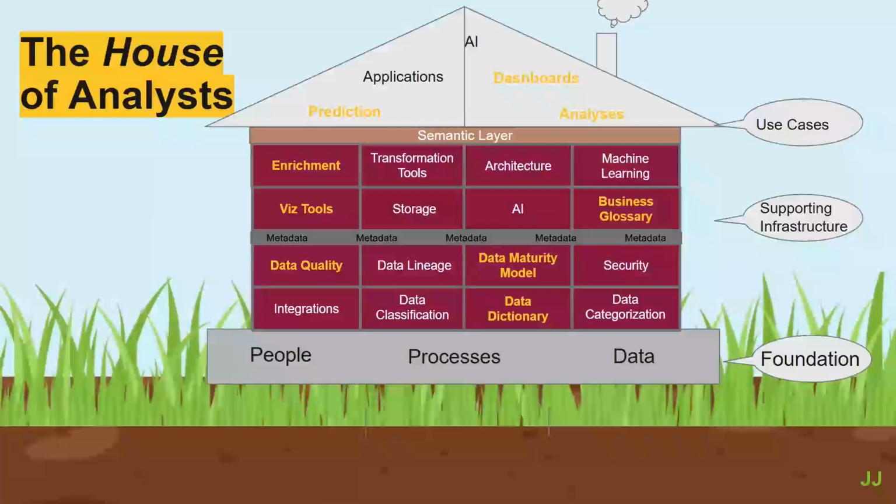So we're going to keep going back to this house, and we're going to highlight different areas that are affected by these different content items. When we look at the metadata specifically, we're looking at direct effects on different user types. We're going to look at analysts first here. So this is the house of analysts.